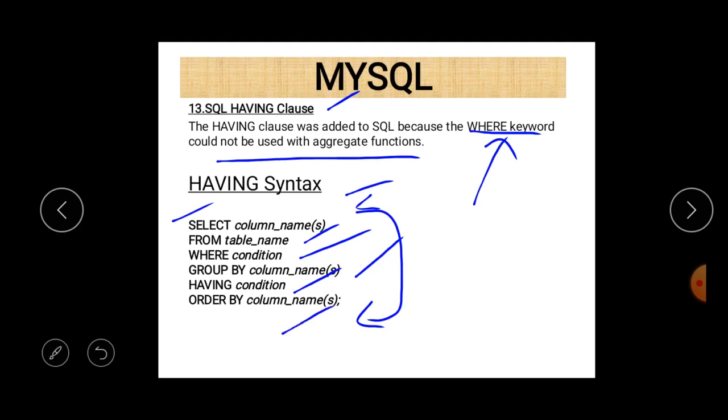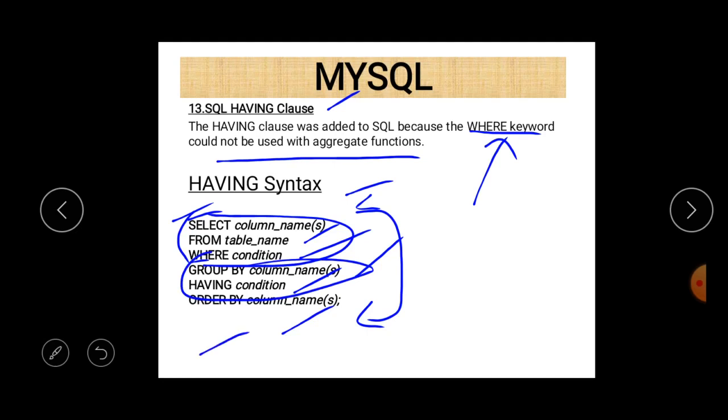First of all, the select statement, then after from, where. Now this is a simple select command, but if you want to form a group, then group by should come after that. And if there is a condition related to that group, that comes immediately after the group by statement.